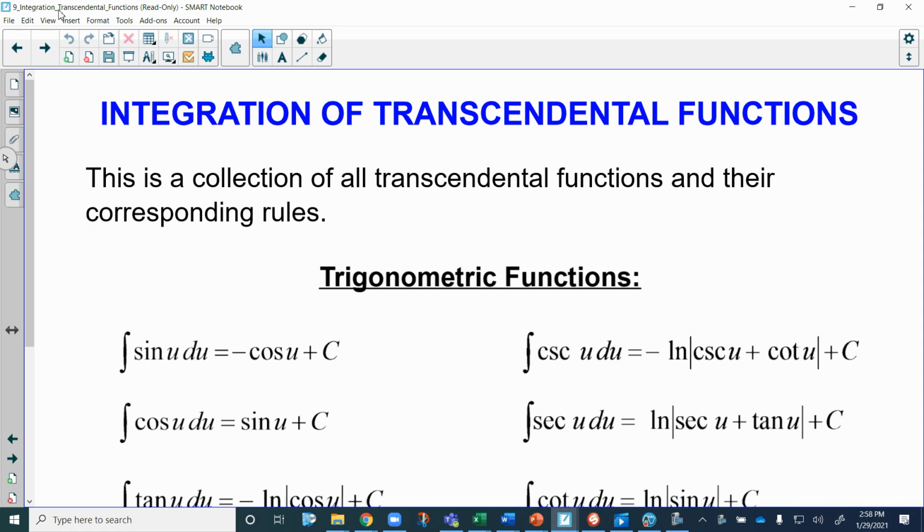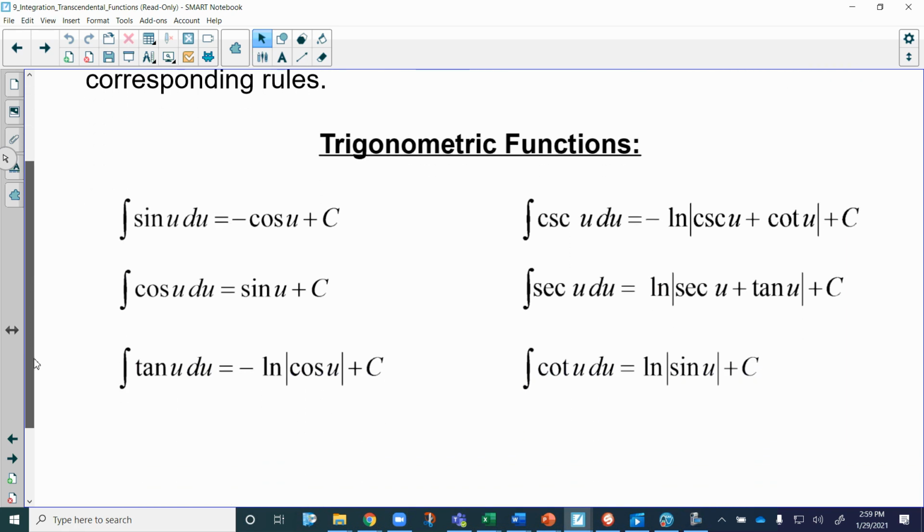What we're going to be taking a look at in this video, in this lesson, is how to integrate transcendental functions. A lot of the things that we're going to be looking at in this lesson are going to focus on things like exponential functions, log functions, and inverse trig functions. I don't think that we're going to really see much in the way of integrating a straight trig function,